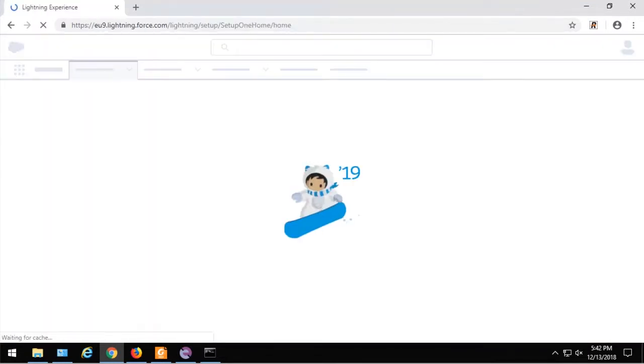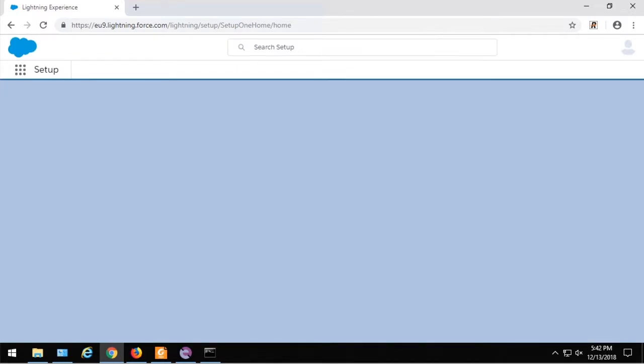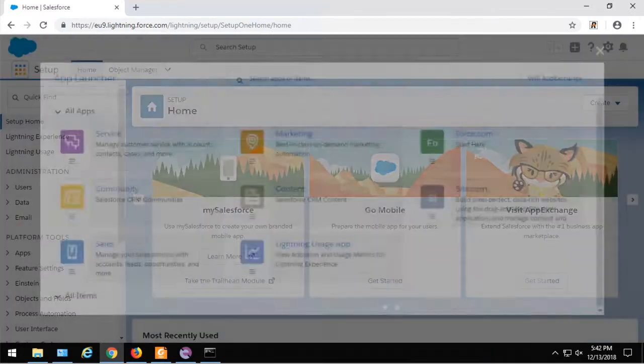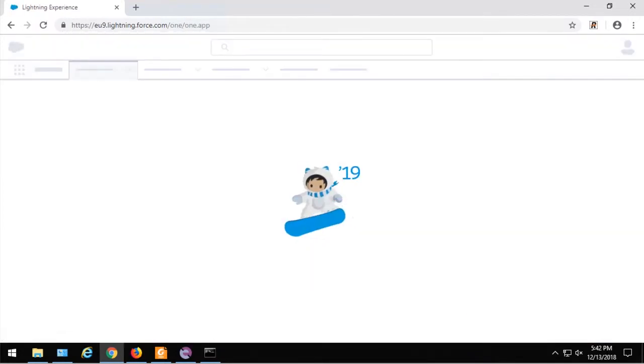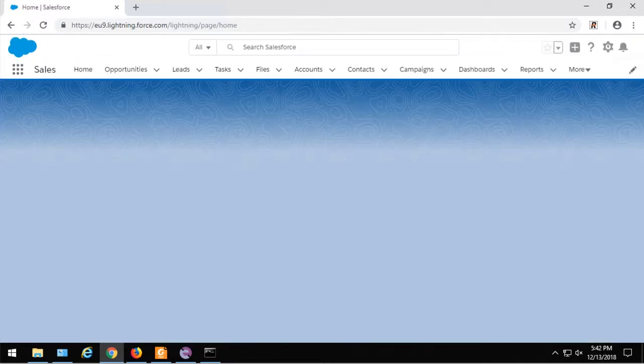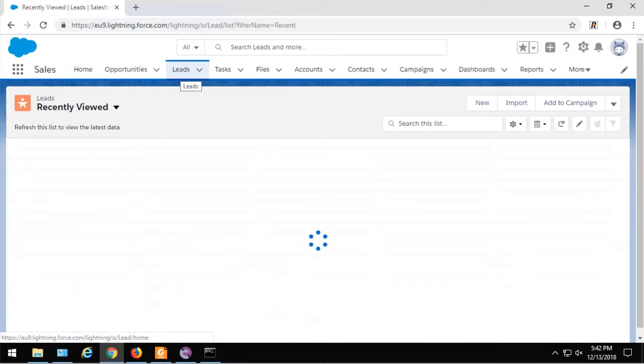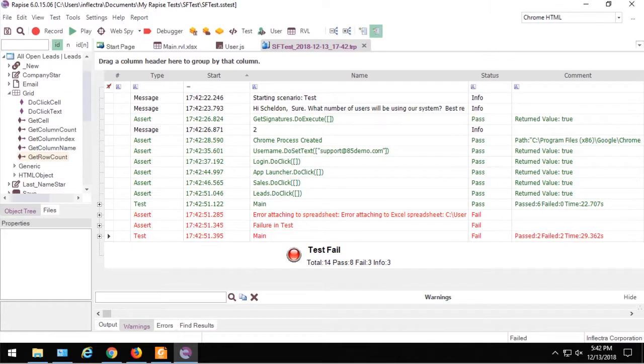Logging in. So what we built is actually not a test, it's more like a robot automation solution that checks,